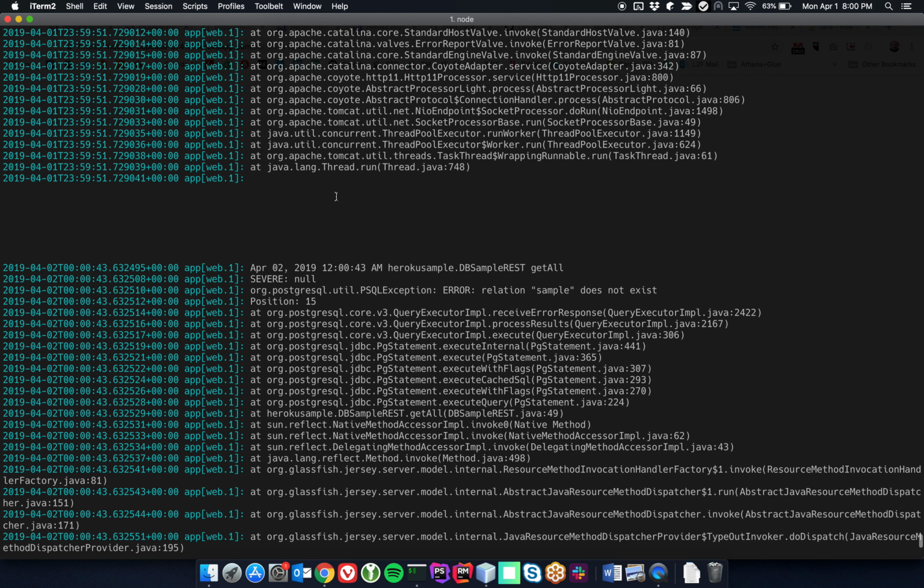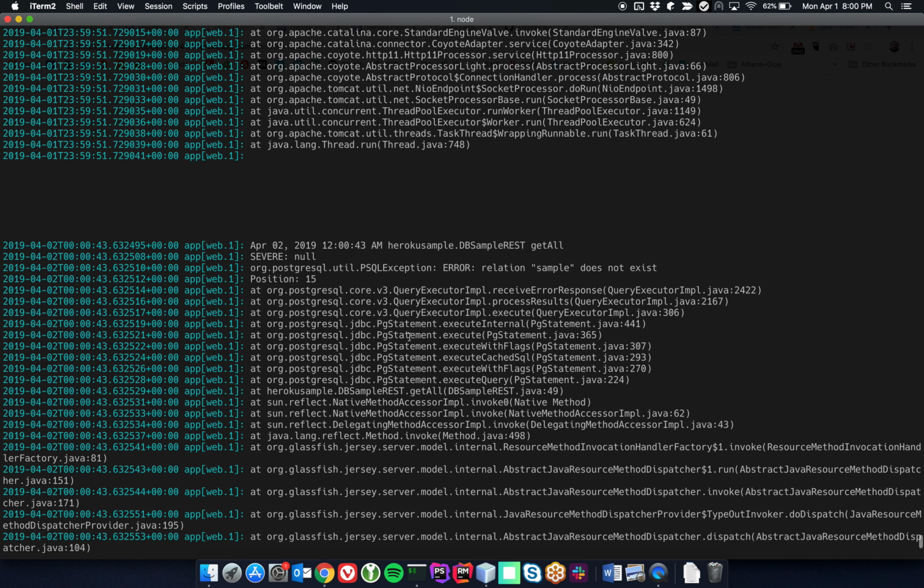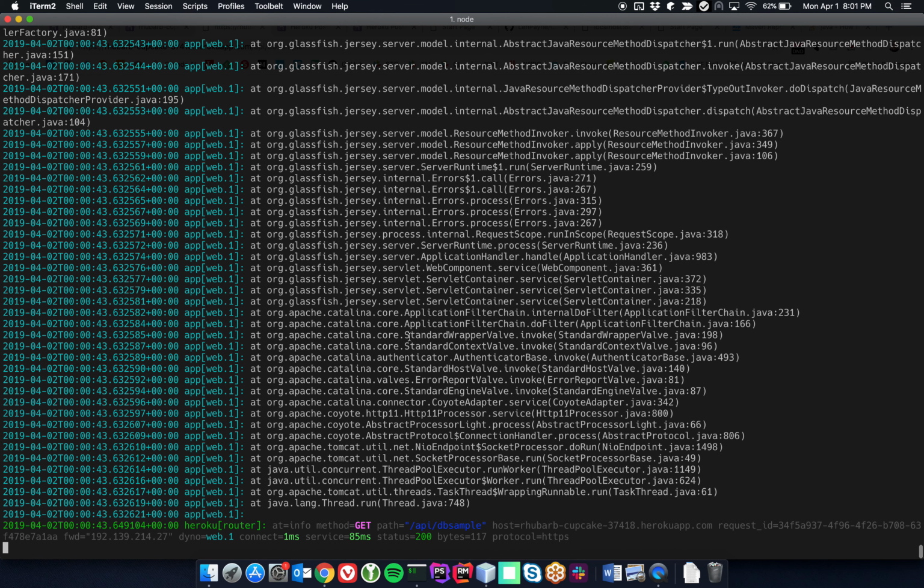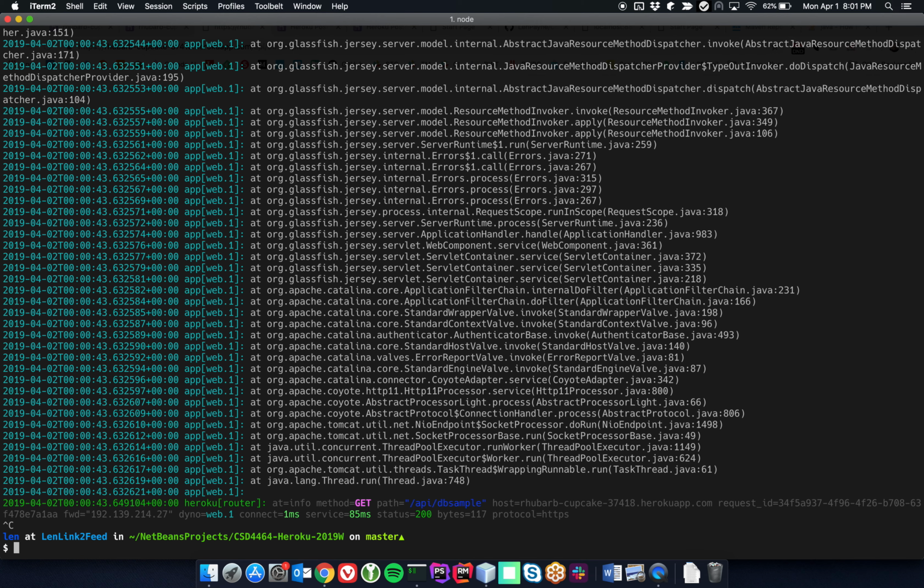If we scroll back up, you can see here in get all, there was a severe null: relation sample does not exist at position 15 in the Postgres, and so on. Long story short, what it's telling me is that I don't have a database. So what I can do